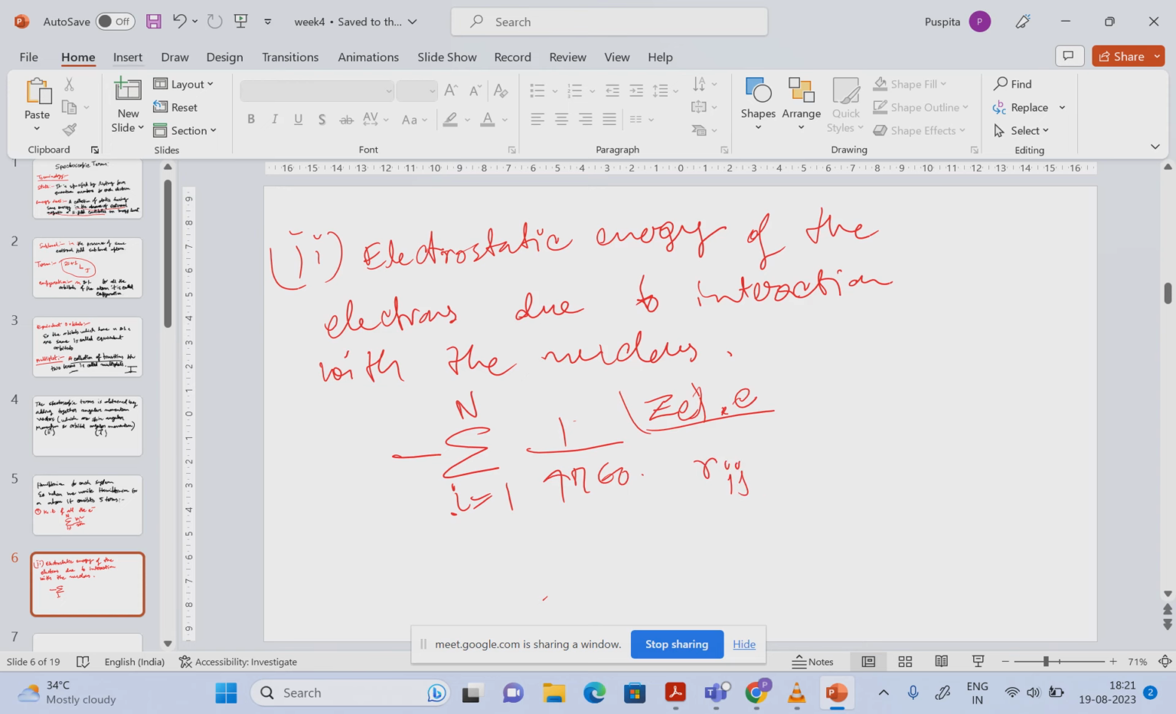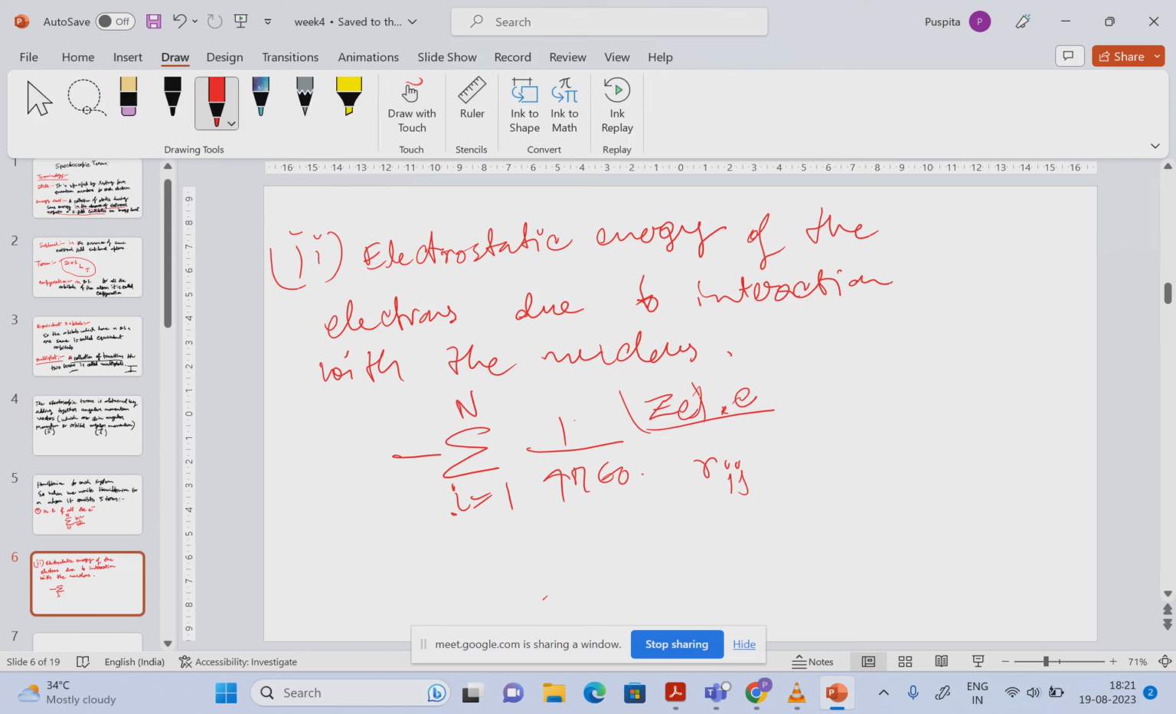divided by r_i. No, okay, that's r_i. It should not be actually r_ij. The third term